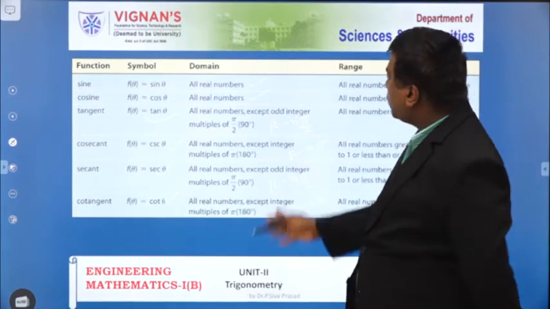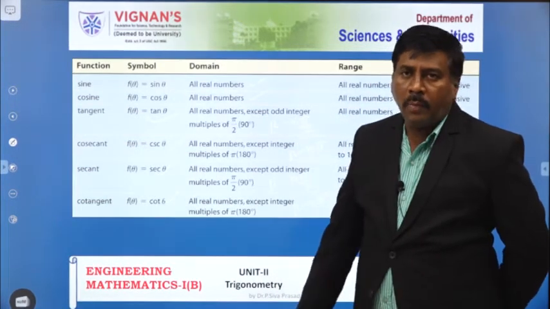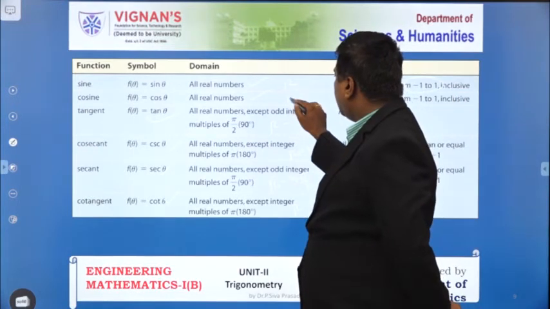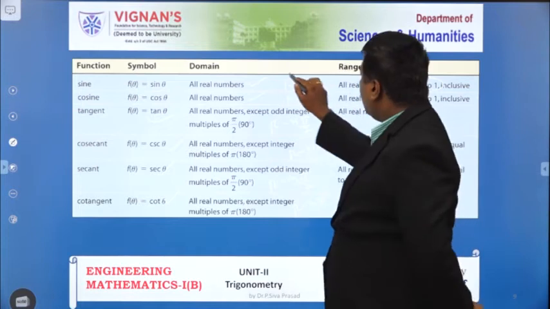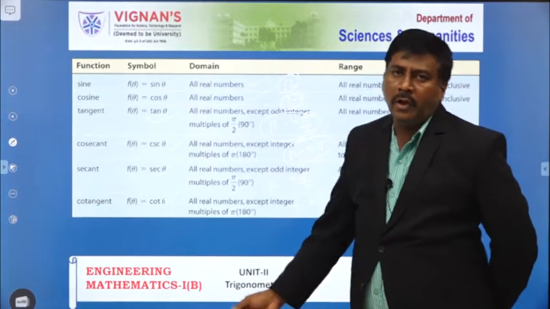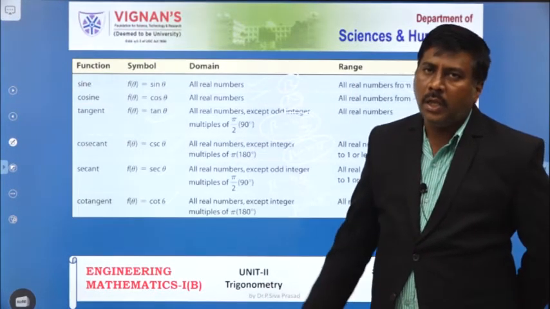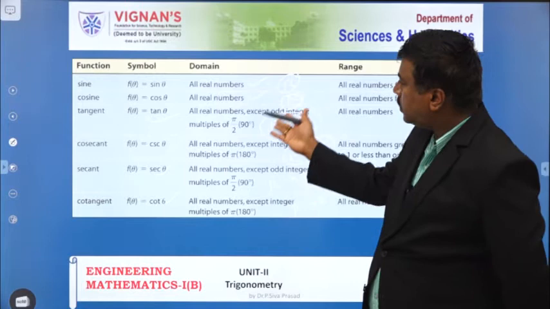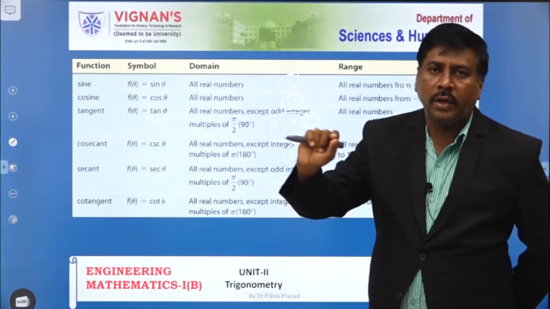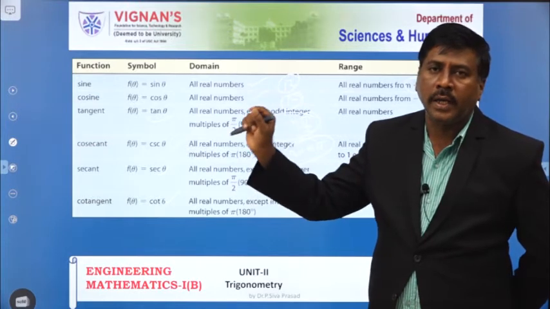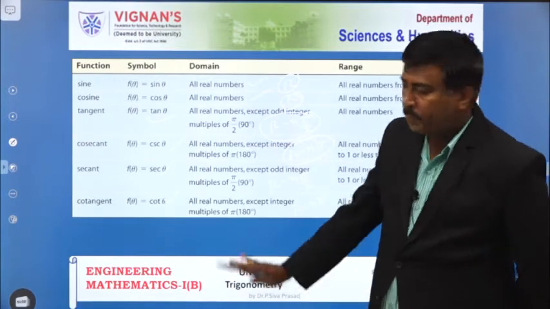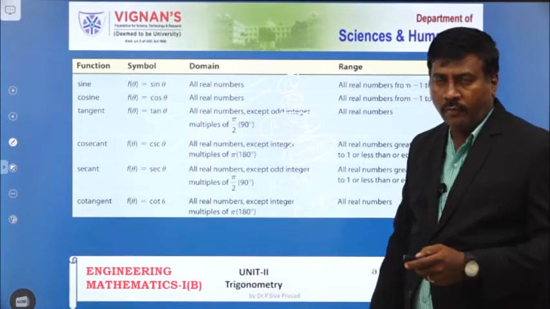So these are asked for 1 mark bits, range and domain sets. This is R. Please all of you keep in your mind. And these are also important for competitive examinations, GATE and GRE TOEFL. Likewise, problems are asked like what is the range of sine function, what is the range of the cos function, what is the range of tan, cot, cosecant, secant. Likewise, these problems are asked for 1 mark. Please all of you keep in your mind. This table is very, very important for all of us.